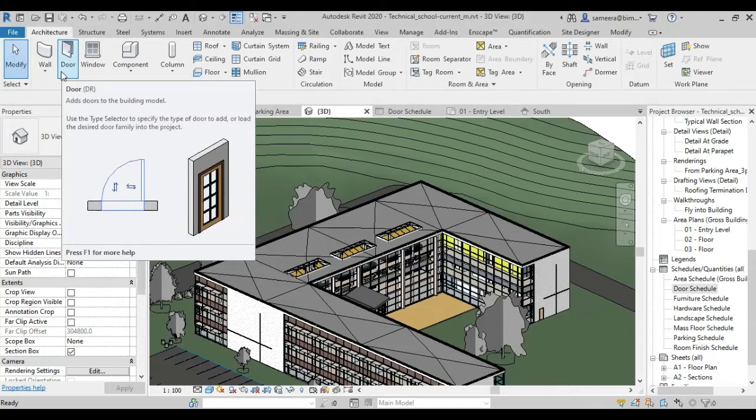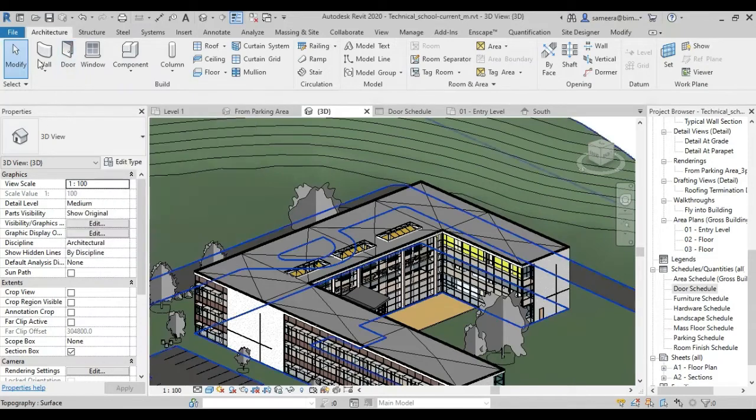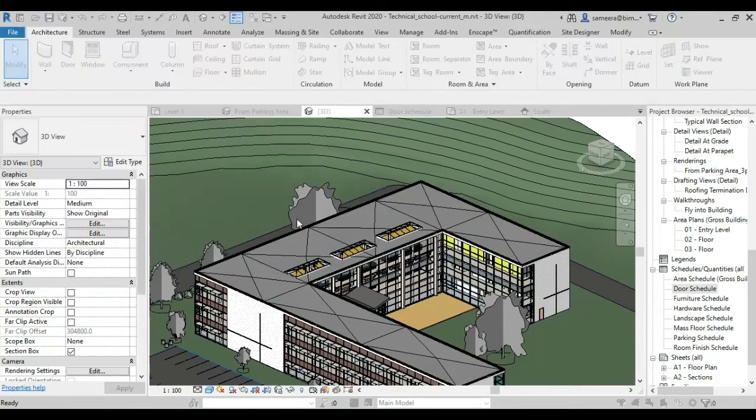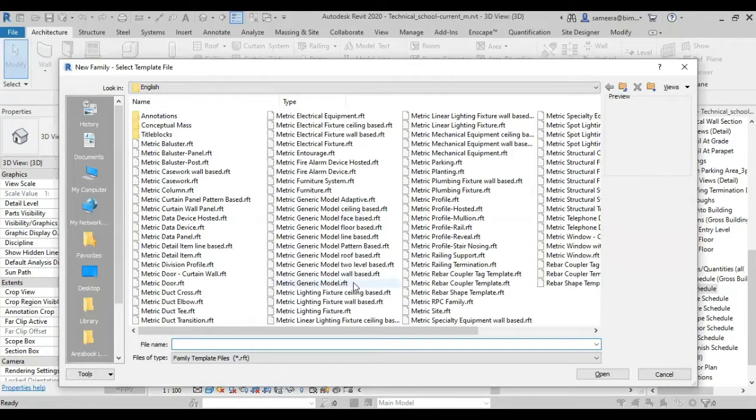For creation of a column, we have its own template. When we are checking, go to the File tab, where you can see New Family. By default, at the time when we install the software itself, we get a lot of family templates. So depending upon our requirement, we can choose the corresponding family template for creating one, right? For creating a furniture, we can go to metric furniture.rft, and when we save this, it will be an .rfa file, right?